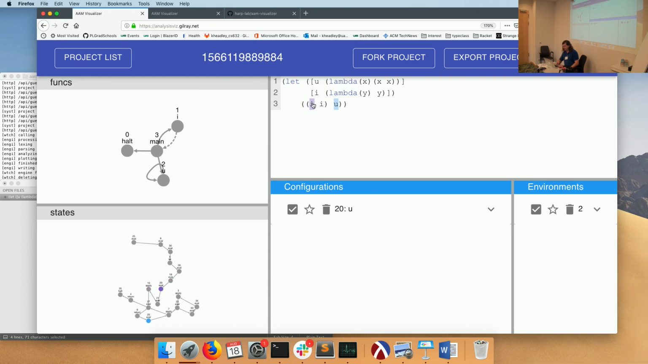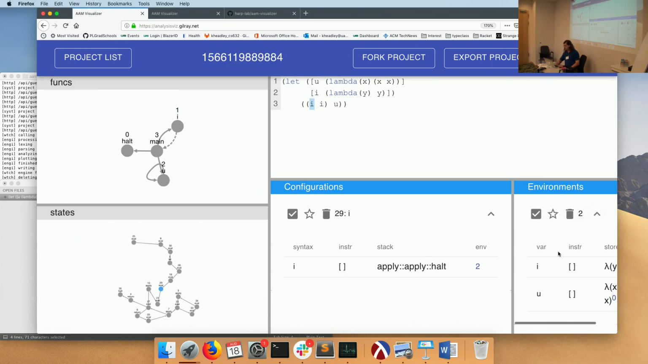I can also click on one, so if I click on I here, it's going to highlight this node, and we get the configuration. So that says the syntax we're doing is I. We're evaluating. I is representing this function here. This had no instrumentation because I just did a 0 CFA. And the stack right now, we're waiting on 2 applies. And it has an environment number 2, which is already shown,